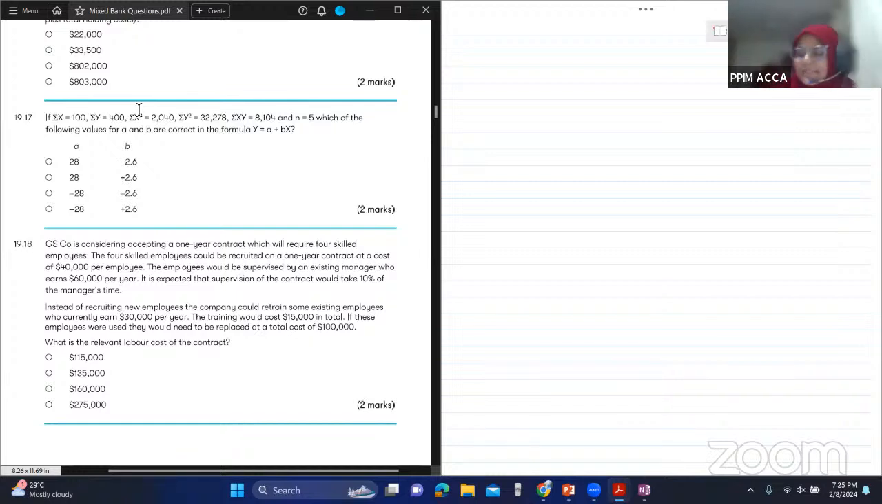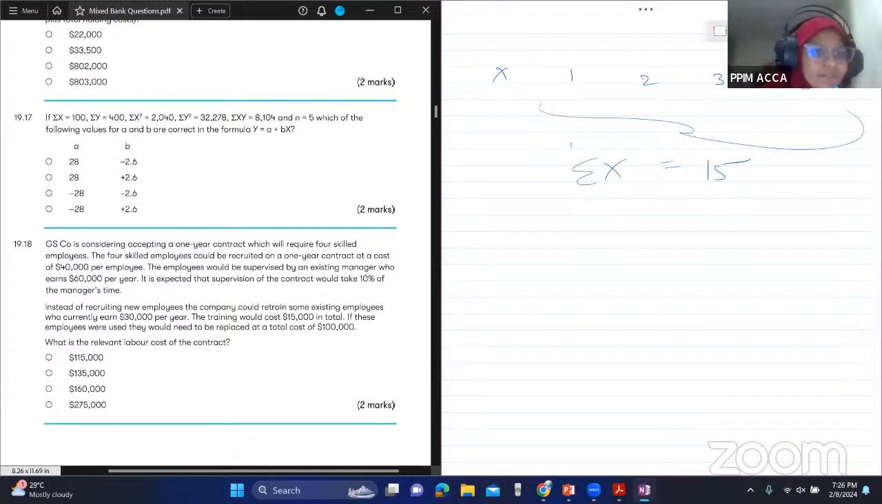Sigma x, if you don't know what that means, is this: if you have a set of x values, let's say x values 1, 2, 3, 4, 5, and you add up all of them, we call it sigma x, meaning the total of x. That will be 15. So they're saying sigma x is equal to 15, sigma y is 400, sigma x squared is